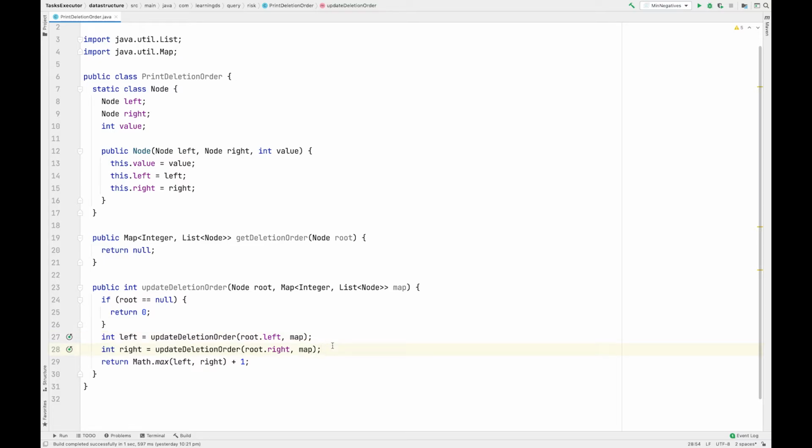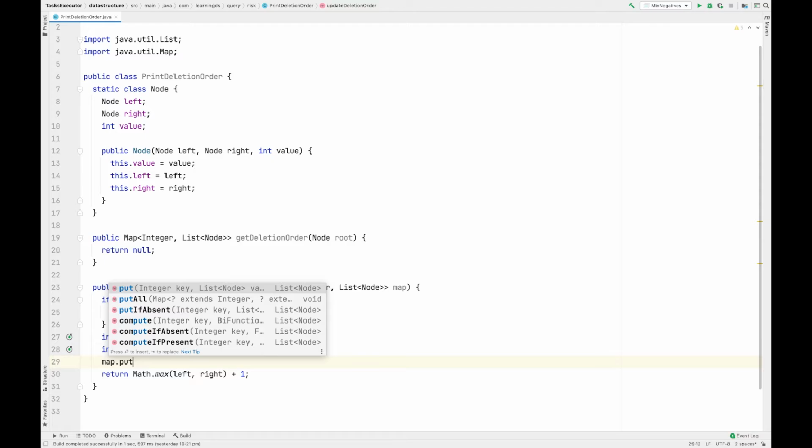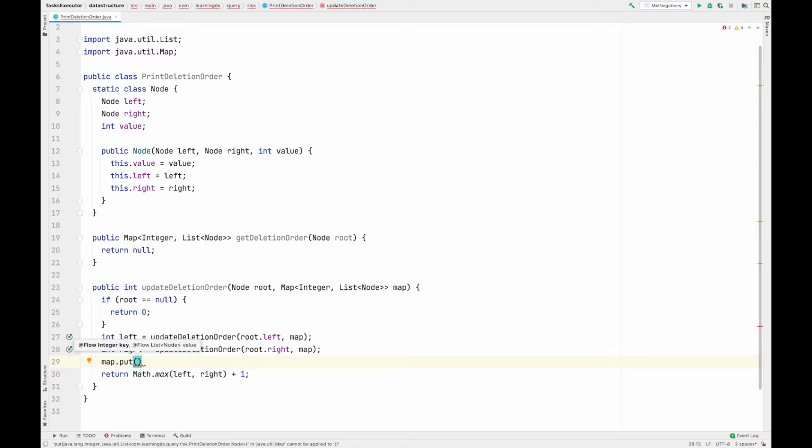And also here, when I'm returning this, I'm also updating it into the map. I'll say map dot put, for example, the key will be like iteration.